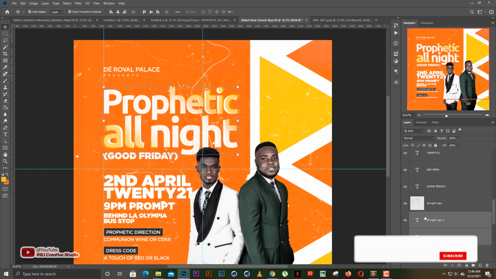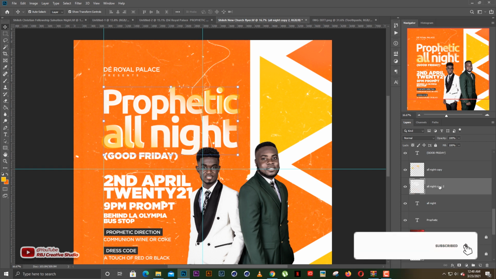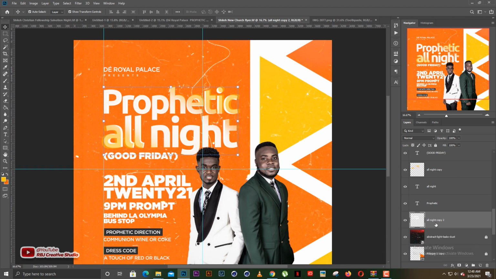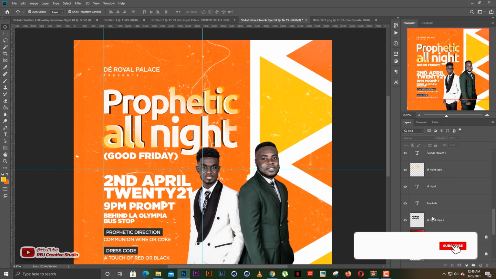So the next thing to do is select the "all night", the prophetic all night once again, duplicate, merge. By this time around, take them down to the bottom, like take them back to the back of the text. Then instead of going in for the normal white, you can invert it to black or choose a different color or whatever you want. So after choosing the black, you can reduce the opacity. This thing I'm doing right here can feel like a 3D, but it's not a 3D, but it can feel like a 3D. So after reducing the opacity a bit, you can duplicate again